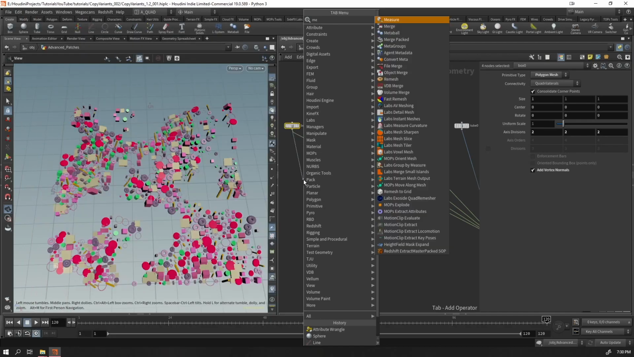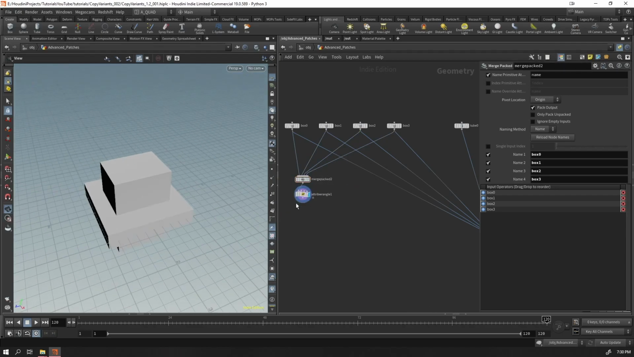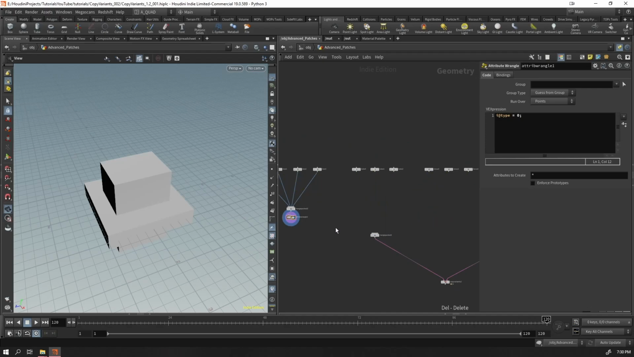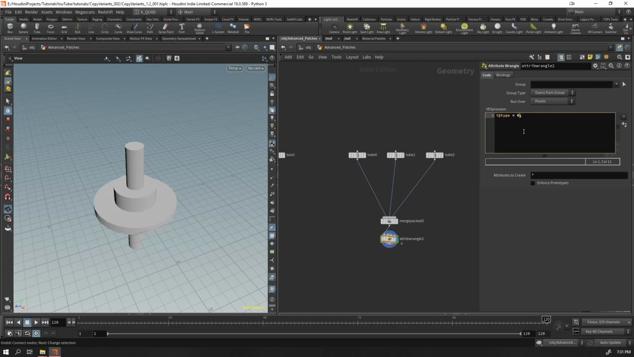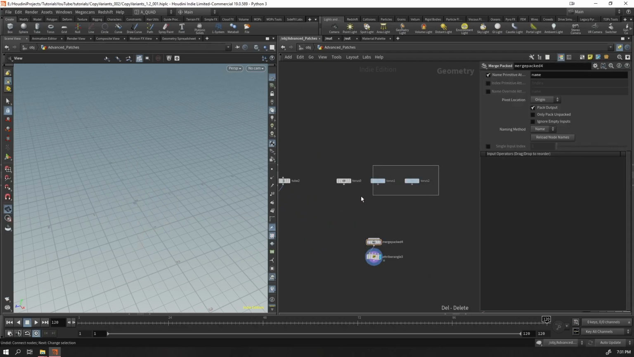So I'm going to put down a merge packed node in here and wire it to the wrangle. Let's go in here. Now these are all from the first type. So I'm going to call them i@type is equal to 0. This is the first one. Now I'm also going to just remove all these connections. I don't need this merge pack down there anymore. I'm going to copy this and I'm going to wire them. Oh, wrong wiring. Wire them in here and call this one type 1 and repeat the same thing and type